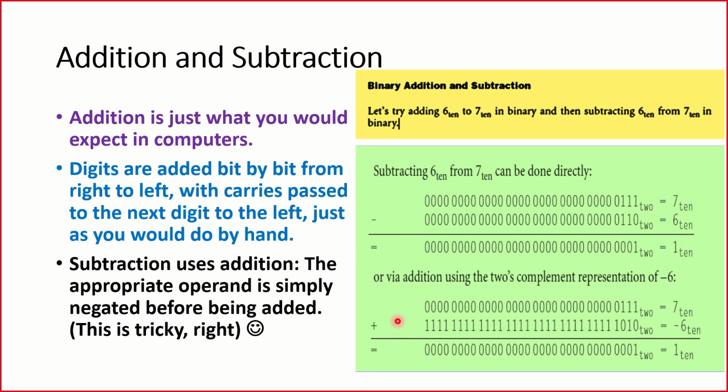But can we do that via addition? I told you that we are going to use addition for subtraction. How do we do that? Very simple. We can use the 2's complement representation of minus 6. The 2's complement representation of minus 6 can be used and when you do that, the subtraction can be done through addition. That makes a lot of sense and you got the result. So you can see that the result is presented in front of you. We got the 2's complement value and we are using it, and once you do that you get 1 base 10 which is nothing but 7 minus 6.